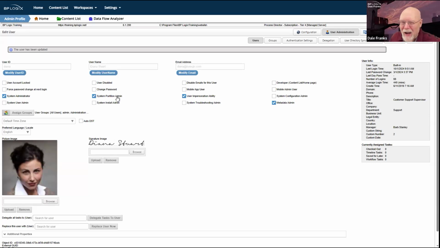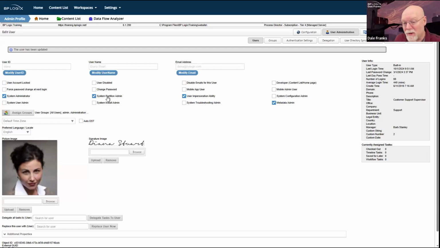Is this a good idea on a production system? Probably not, but on a development system, it's a great idea, because what it enables you to do is not allow any of your implementers to access anything in IT admin, but still be able to have full control over the content list. So they could go in and create new objects, and they could edit them and delete them as is necessary, and do anything that they need to do to create their applications on your development system.